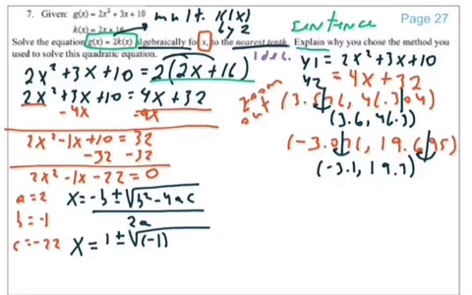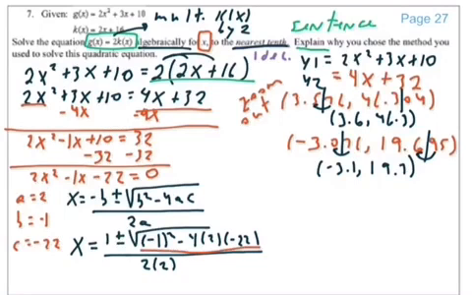Don't forget to use parentheses around the -1 minus 4 times 2 times -22 all over 2 times 2. Now you're going to be typing in just what's underneath the radical sign, giving you x equals 1 plus or minus radical 177 over 4. You type it into your calculator using the fraction button, and you get x equals